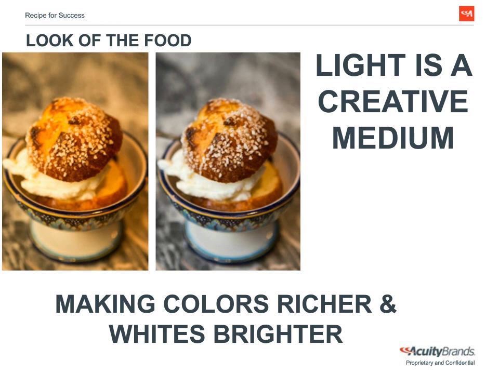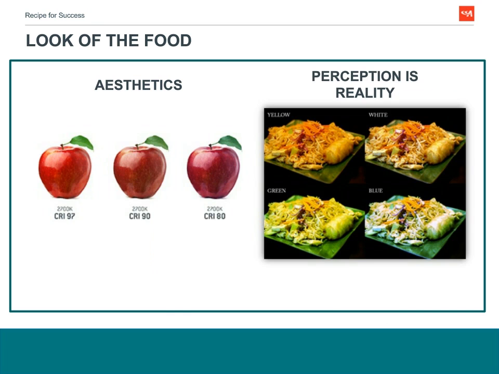By simply choosing the correct color temperature, light source, and lumen package, a restaurant can quickly change the perception of the look of the food, driving loyalty and length of stay. Overall, ensuring the food is the star of the show keeps your guests coming back for more and leads to overall increased satisfaction. Look at the examples shown here to see how lighting impacts the aesthetics and perception of the